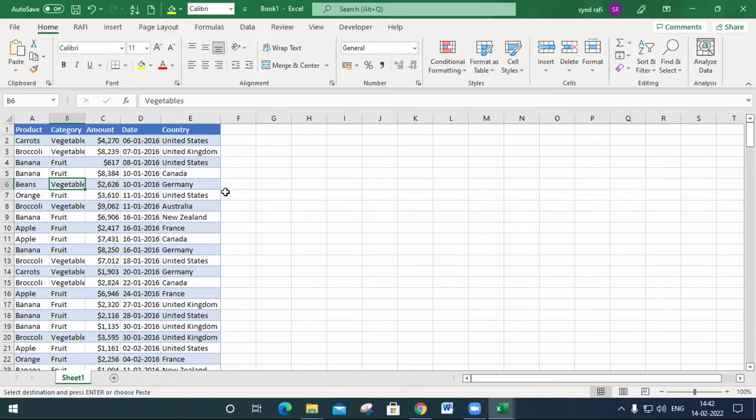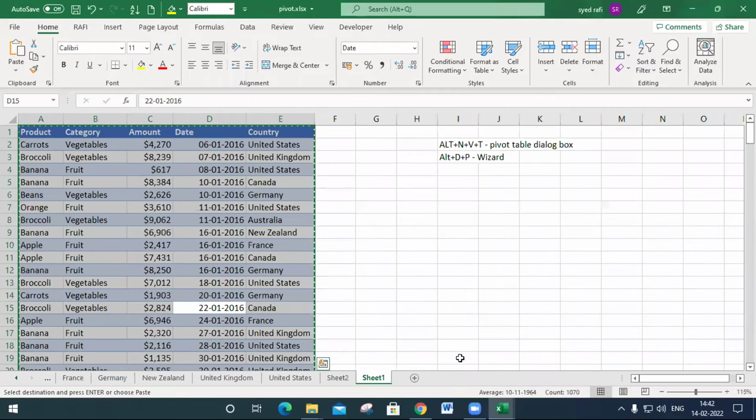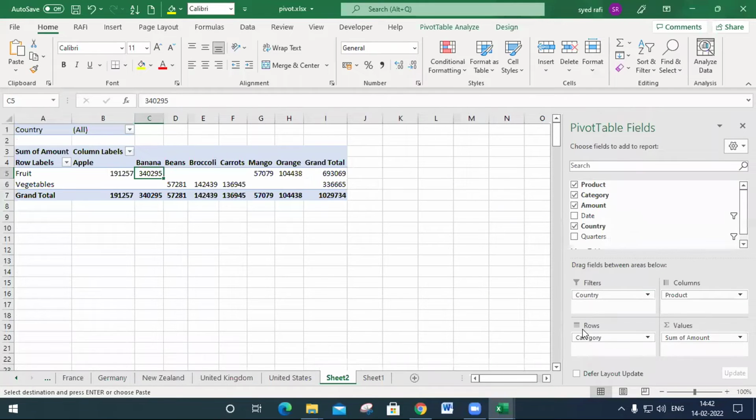If you can create a pivot table without using these text boxes, please give me the answer. If there is any possibility to create a pivot table without using these text boxes, please give me a quick response.